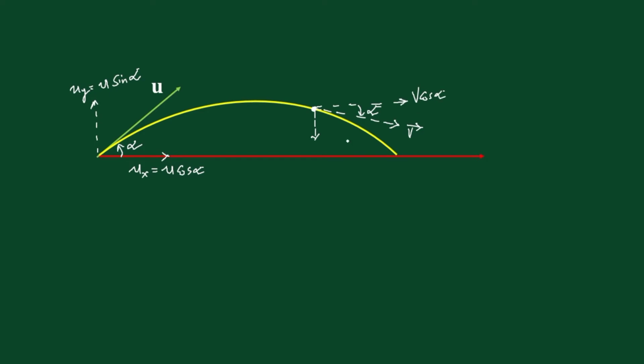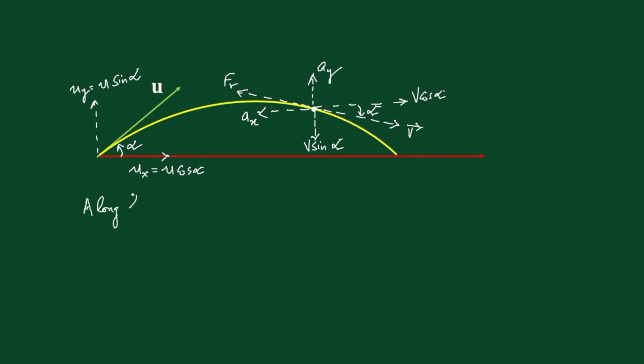Here the important point is that this medium applies a resistive force. That resistive force is opposite to this velocity vector, that is in this direction. This force has two components along x and y. So the body has acceleration along x and y direction. Along y direction it is ay and along x direction it is ax. You got it? To solve this problem, first